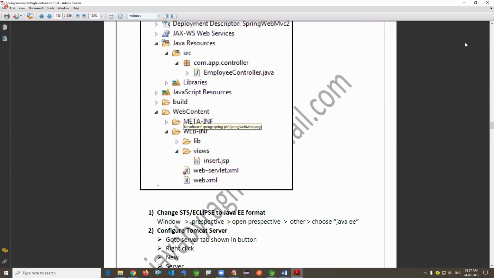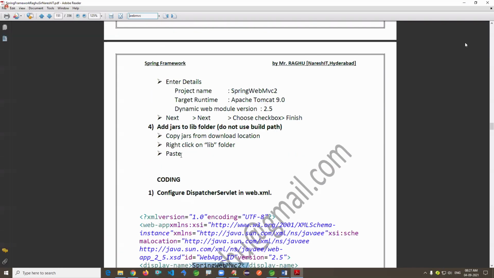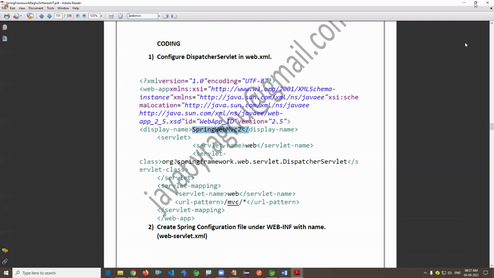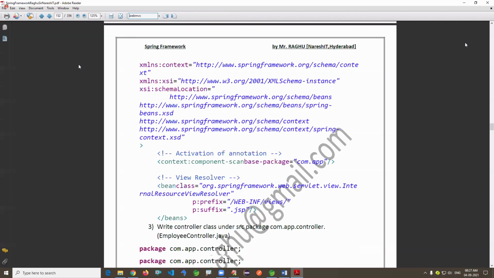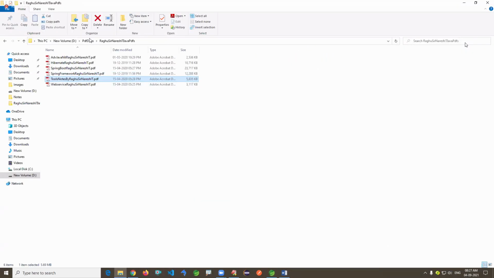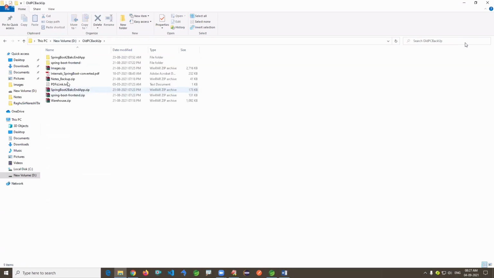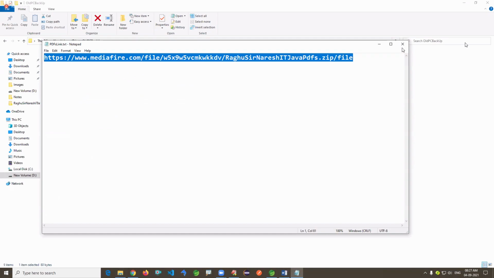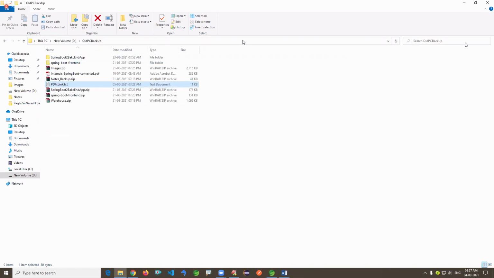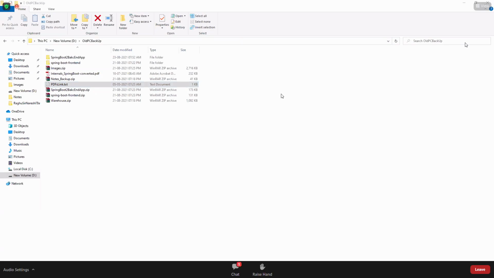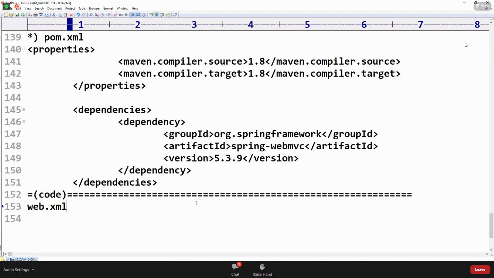So folder structure, how to create, all the steps are the same things. Individual advanced Java material, Hibernate, Spring Boot, Spring tools, all the materials are there. You can download from there. This is the link to download that material. All in one material. Almost all content is available.